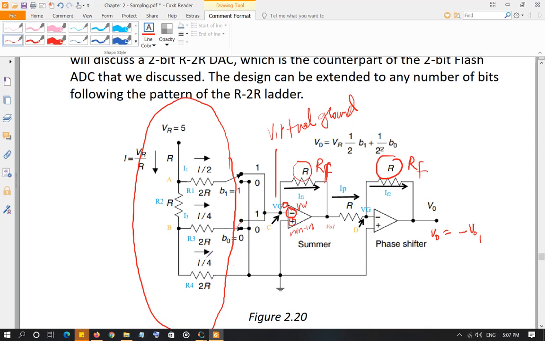So when you take parallel combination of R4 and R3, since the value of both are 2R, parallel combination is going to produce R. Right? You can calculate it. Two resistors connected in parallel, value of both resistors is the same. The total parallel combination is going to produce half of the value of one resistor. So it's going to produce R over here.